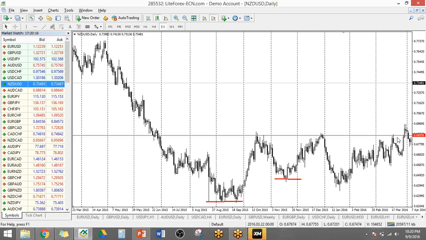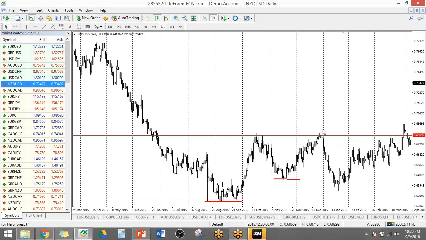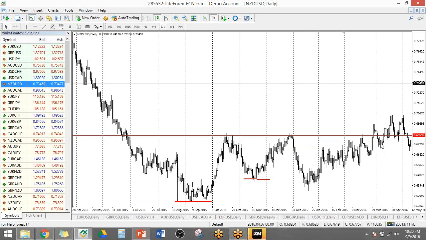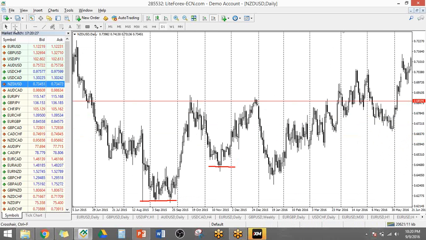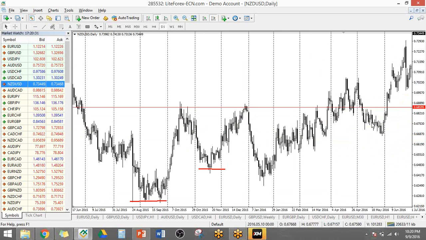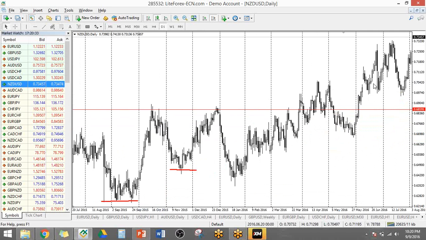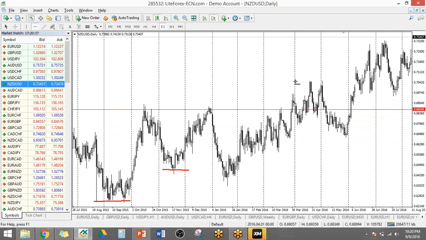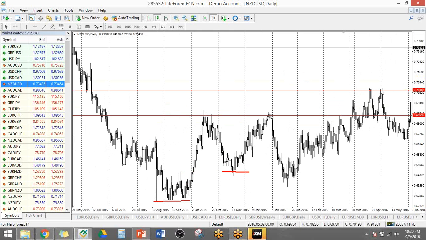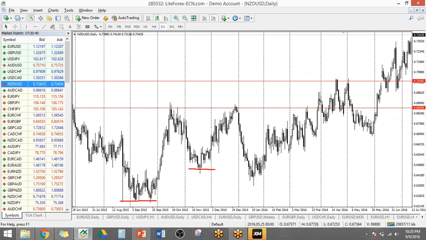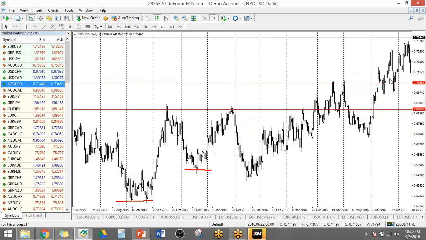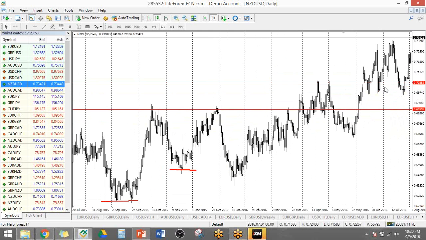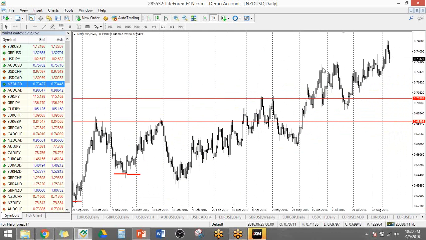So let's check it out. It goes up here, it breaks your resistance over there. It just retraces a bit, goes back up. And then you see here, it bounces a little up, down here, just breaks it a little bit there, and then continues upward. Now you have some sort of a ceiling over here. You have a resistance there, it goes down, breaks this one, and breaks this one. So where is your support on this? Around this area right now. So see, it bounced up, down, up, and then right now, it broke our resistance again.